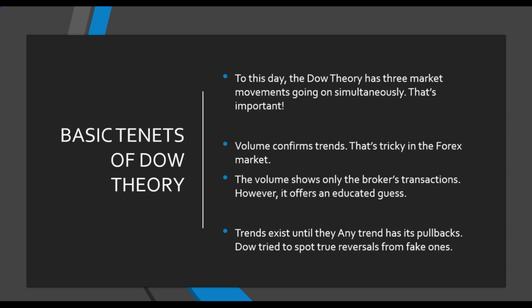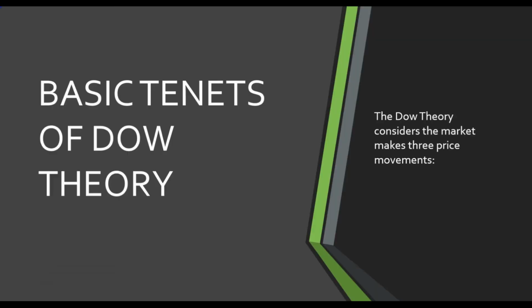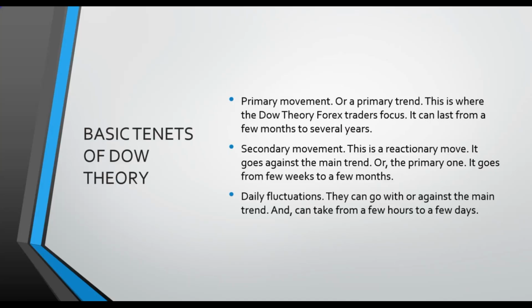Trends exist until they don't, and we can see them with pullbacks. Dow tried to spot true reversals from fake ones. Dow theory considers the market makes three price movements. The primary movement, or the primary trend. This is where the Dow theory forex traders focus. It can last from several months to several years. Now, a smart trader